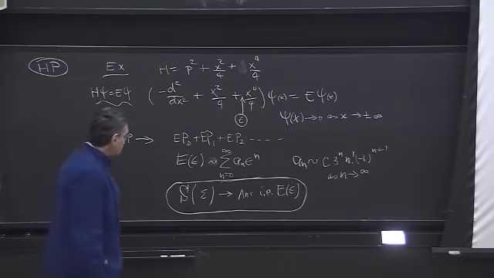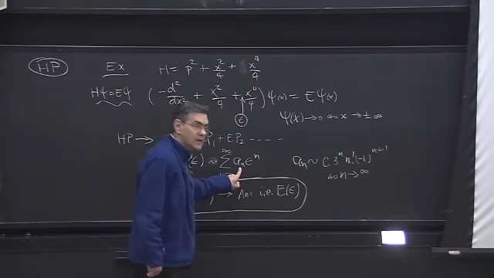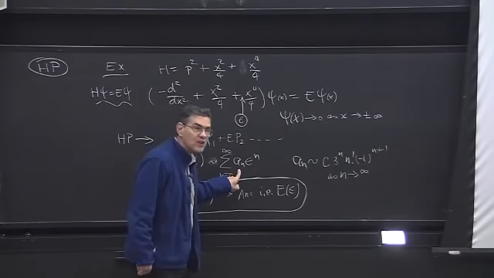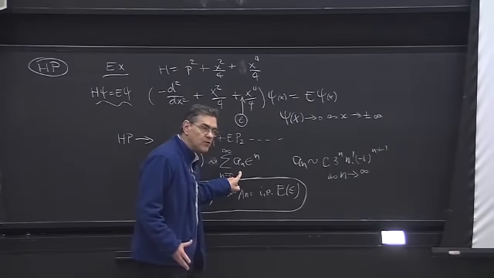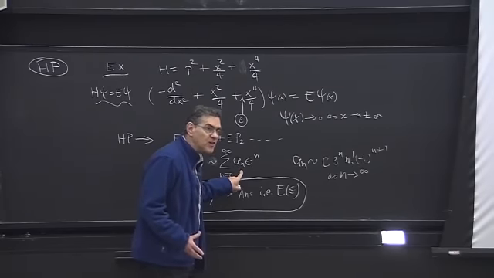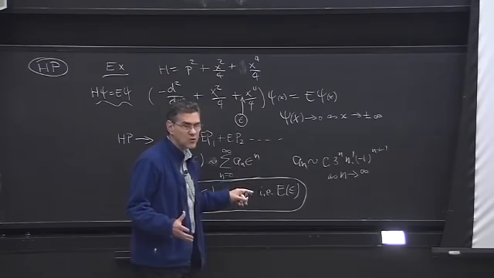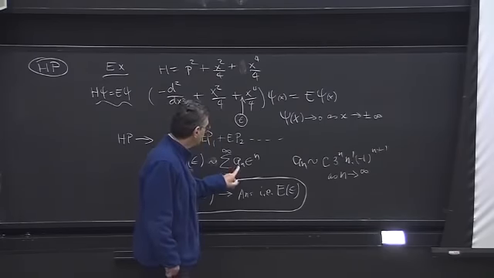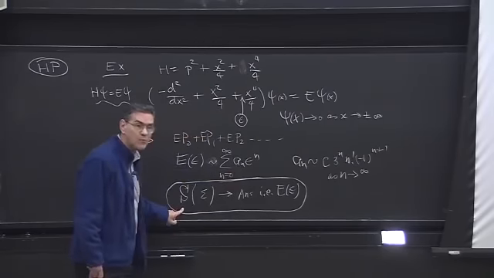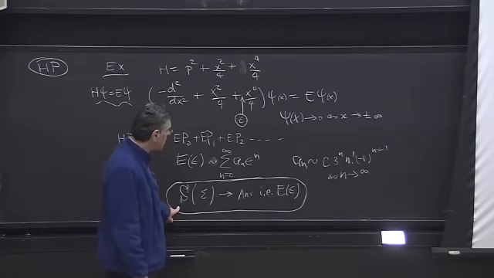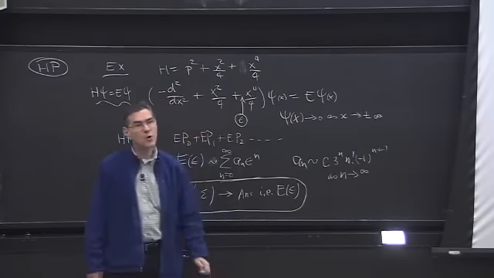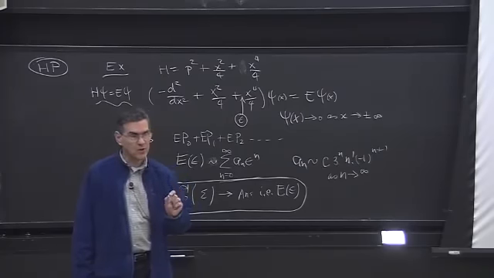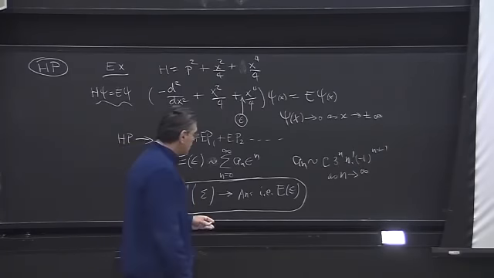Okay? So I'm claiming that this, while it doesn't exist as an ordinary convergent series, does exist. It has a well-defined mathematical existence as what is called an asymptotic series. And this asymptotic series can be summed using a summation machine, and it can produce the answer with arbitrary accuracy. What I mean by arbitrary accuracy is